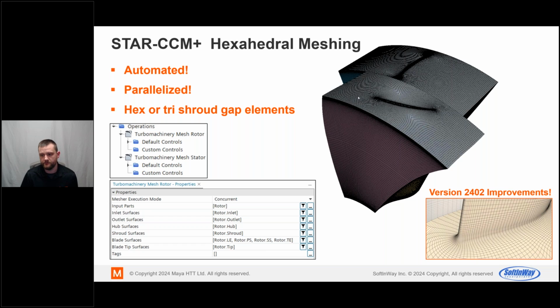Version 24.02 was just released a couple days ago, and that further improves this workflow and provides even smoother, nicely streamlined meshes along the blade, and also now supports fillets at the blade root or at the stator shroud and hub as well. And what we'll see here is that when we create these automatic meshes, there's very minimal user input required. It's very tailored towards turbomachinery.